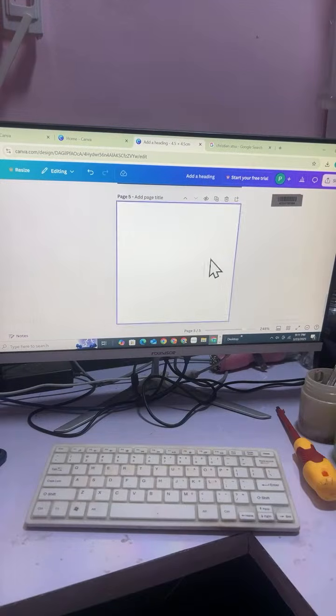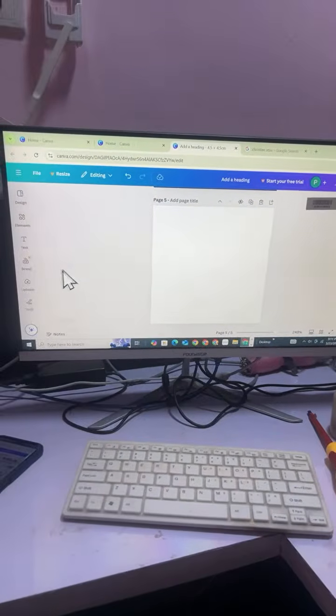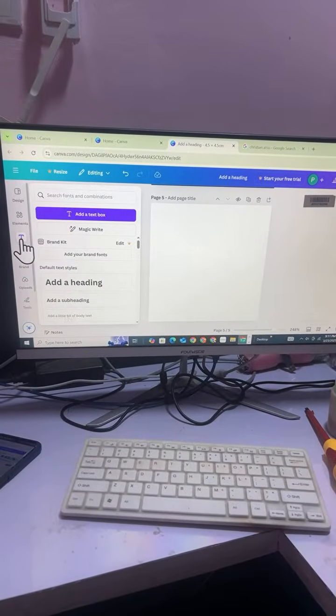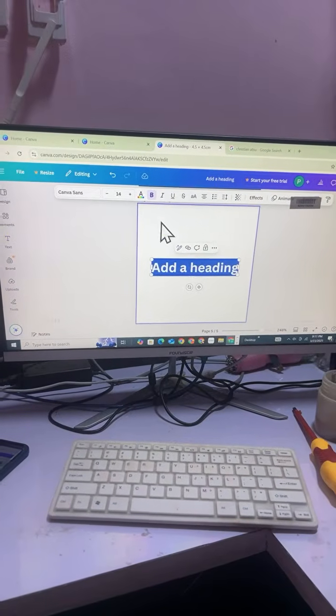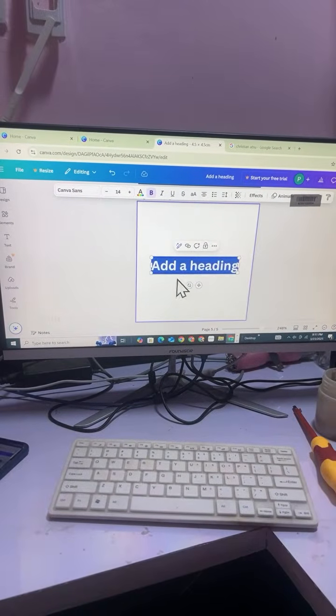So now let's move on to adding a heart shape to the transparent sticker design. So we're going to go to text. At this point we already know where we get the text. Okay, I'm going to go to text. Here I'm going to use heading so that it's much bigger. So you see it's bigger here. Good. So we don't like this font,